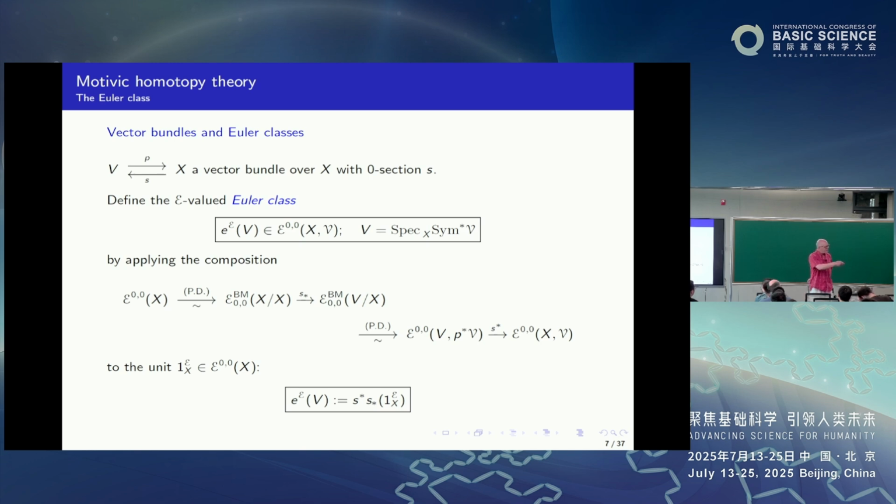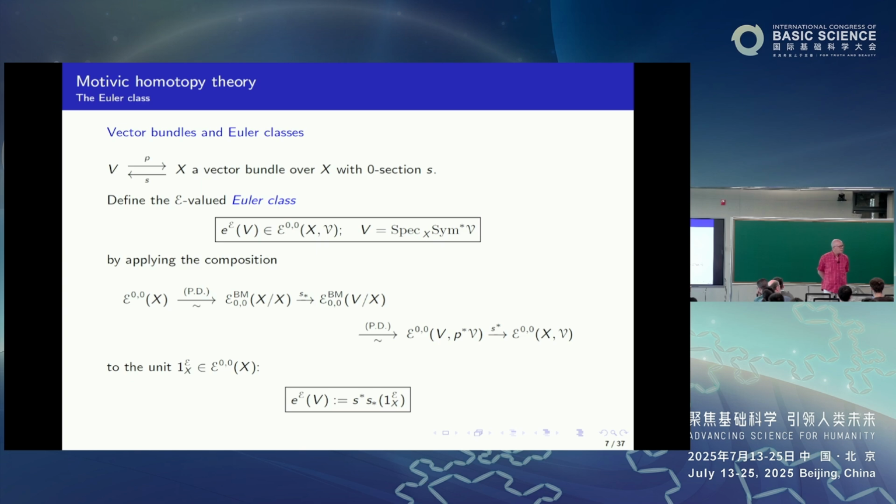And to actually do that, you have to really do this funny sequence. You first identify the 0, 0 cohomology of X where the unit lives by Poincare duality with the relative X over X Borel-Moore homology. There's no twist because the relative differentials of X over X are trivial. Then, since it's Borel-Moore homology and the zero section is proper, you can push forward to the relative Borel-Moore homology of V over X. But again, V is smooth over X, so you get another